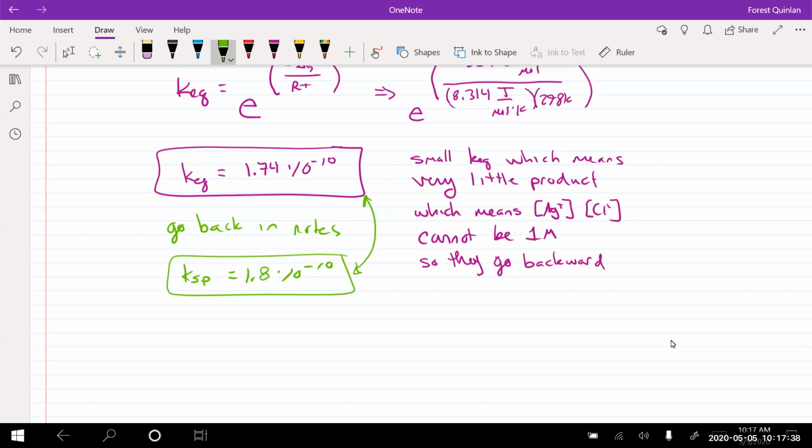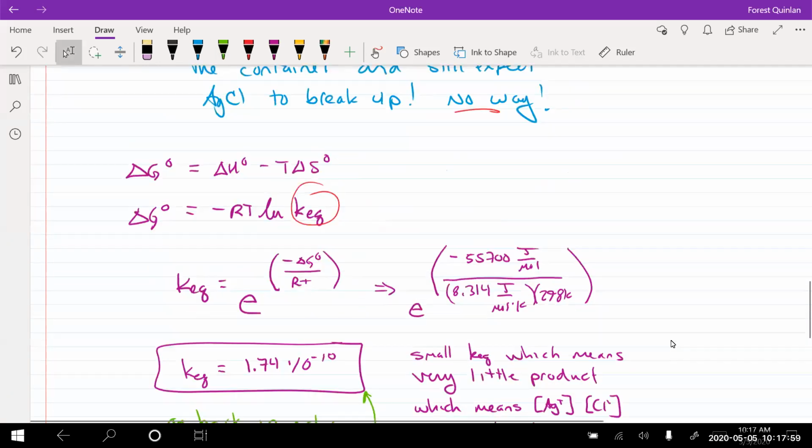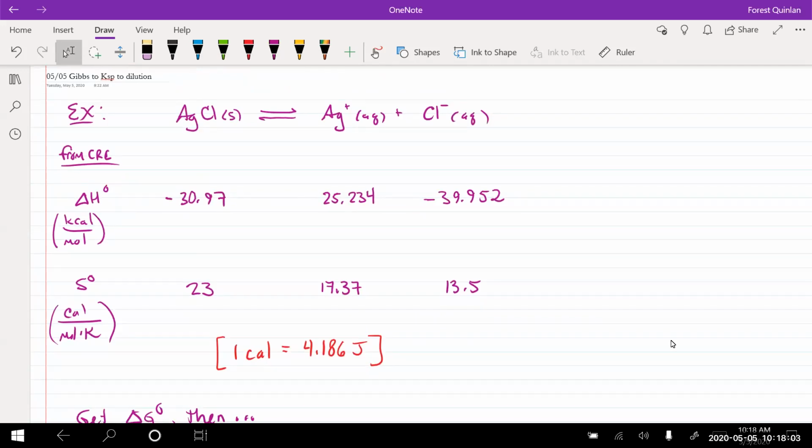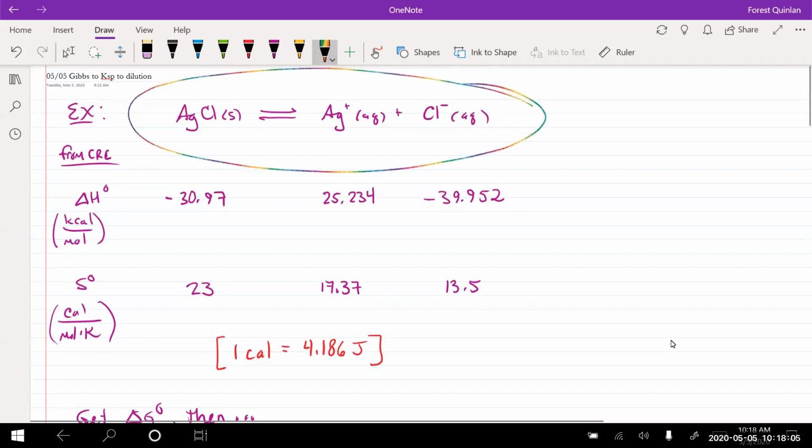And then we come to the idea of, well, are you going to go in the first place? Are you going to actually make what we're asking you to make? And so we go through thermodynamic data and we either look up our delta H's or S's, or sometimes look up delta G's directly. In this case, we had to calculate it. But at the end of the day, our delta G said, hey, if you want this reaction right here to occur, if you want that to break apart,